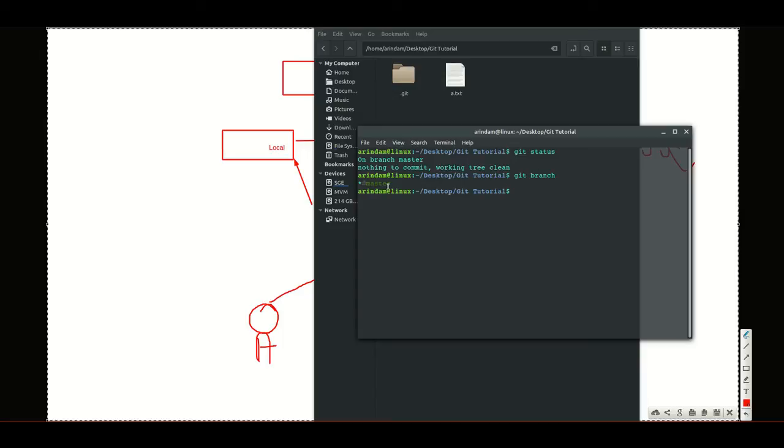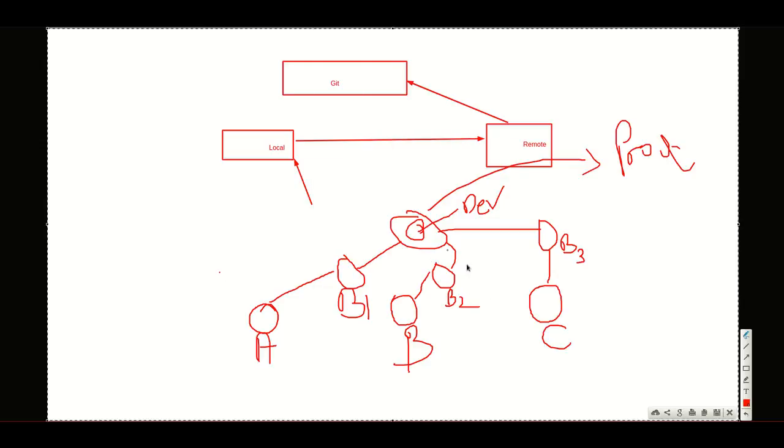See, only one branch is there, master. Master is the default branch in Git, and the default remote is origin. Your local is connected to Git via the remote, and the remote name is origin by default. You can change your remote name, but basically we don't change it; we only change branch names.